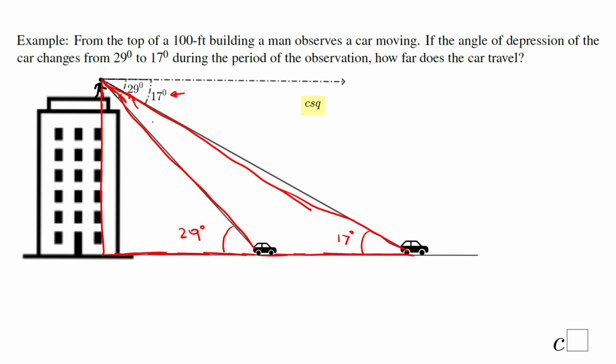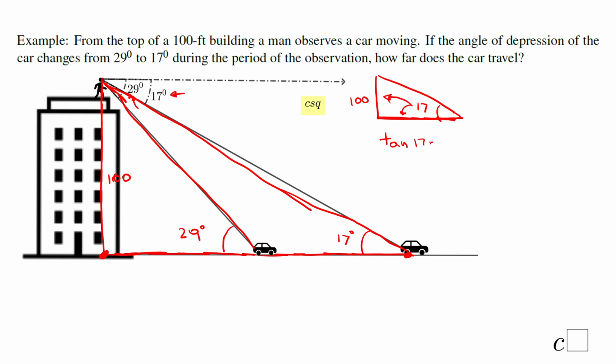So let's say the big triangle, where this angle is 17 degrees. Now the height of the building, it tells us in the problem, is 100 feet. And we need to find this piece in this triangle, which is going to give us the distance from the base of the building to this position where the car is at the end of the problem. So we're going to have to do what trigonometric ratio? We have the angle. This is the opposite, and again we're looking for the adjacent, so we're gonna use the tangent